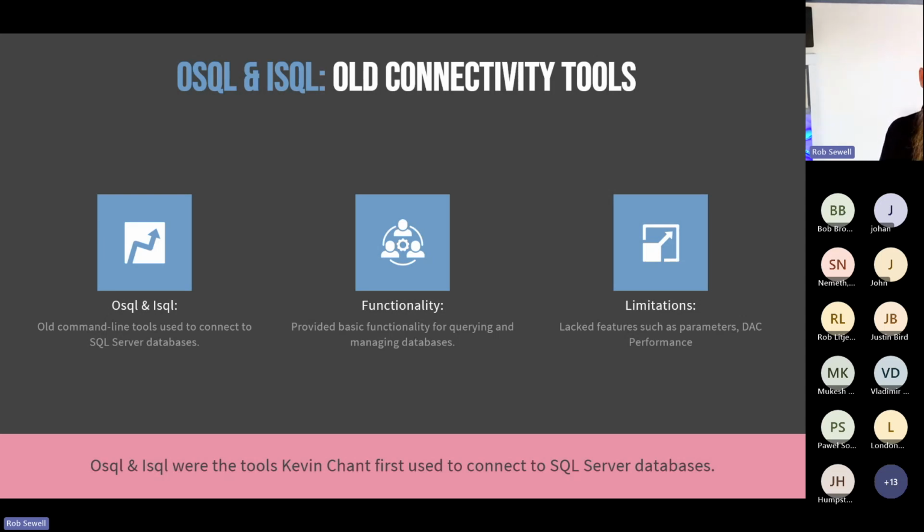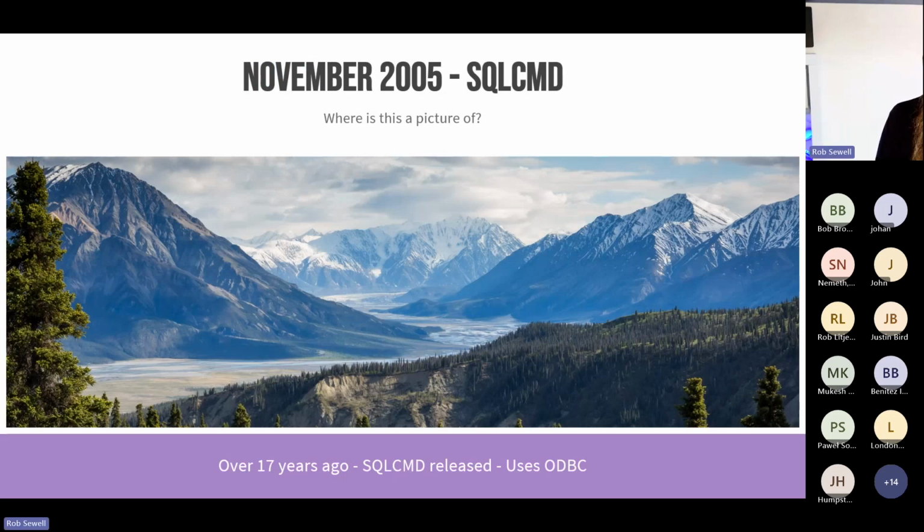And really, pretty much, you could query your database. That was about all that you could do there. You couldn't parameterize anything. You had no admin connection. You know, it was not the best of things. So in November 2005, Microsoft released SQL 2005, and that came with SQL CMD once a couple of CU updates had come in. And this uses ODBC to connect to